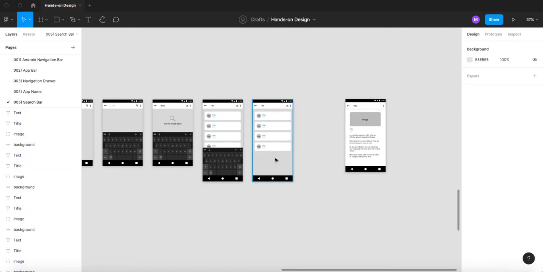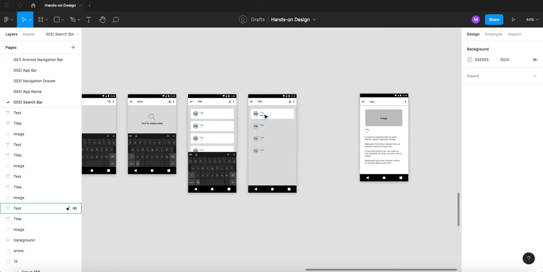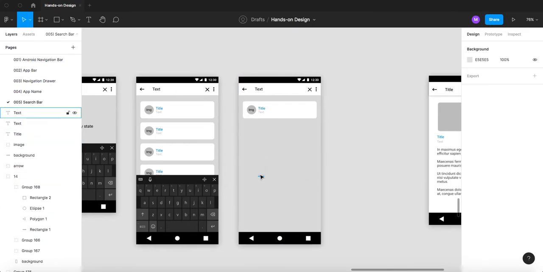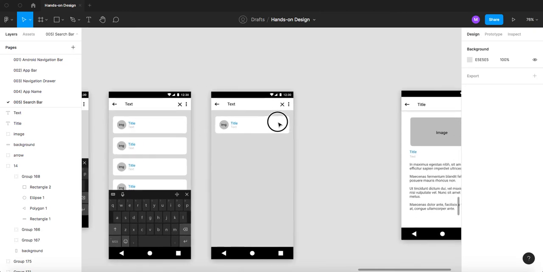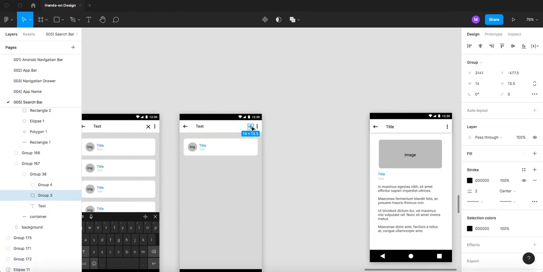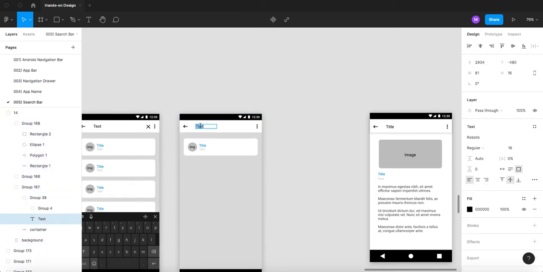I don't need this keyboard anymore. I don't need these other elements here anymore. I'm gonna delete some of them, like this, like this, like this, this, and this. So I have no close icon here because it's not input anymore, it's a title from now, you know. I can even type here title,